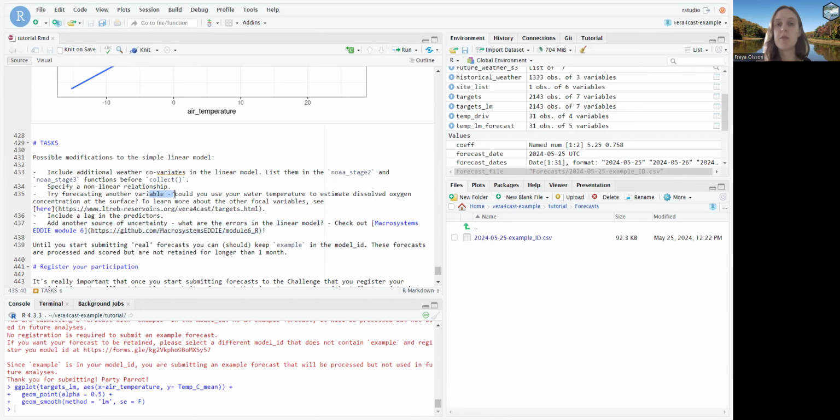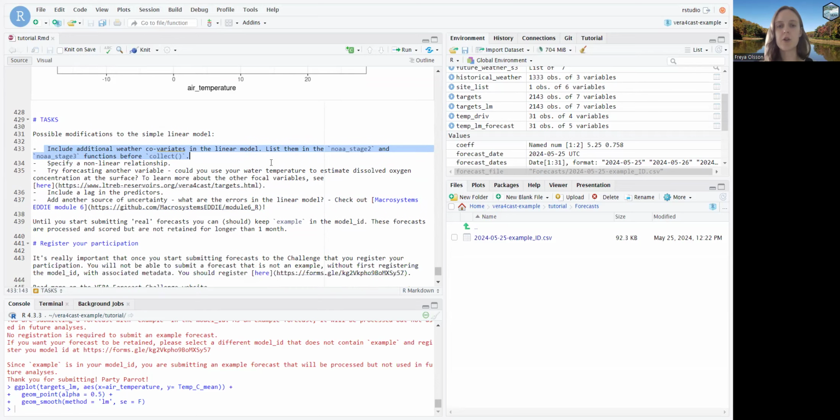As I showed you in the previous video, there are a lot of different variables available within the project, maybe oxygen, maybe some biological variables, or maybe you want to add another covariate. Have a go at adding different variable names into those NOAA stage 2 and stage 3 calls before you're collecting them, in order to add additional covariates.